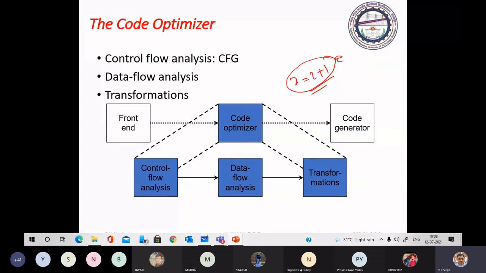There are several types of machine independent optimization.